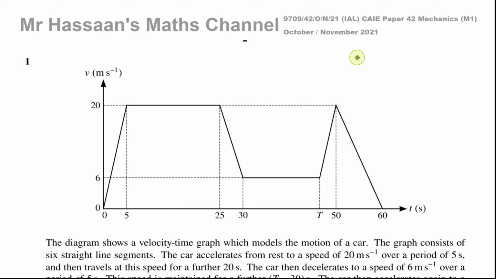I'm now answering question number 1 from the October-November 2021 International A-Level. This is the Cambridge Paper 4 Variant 2, which is a mechanics paper, from the 9709 syllabus. And this question is about a velocity-time graph, which models the motion of